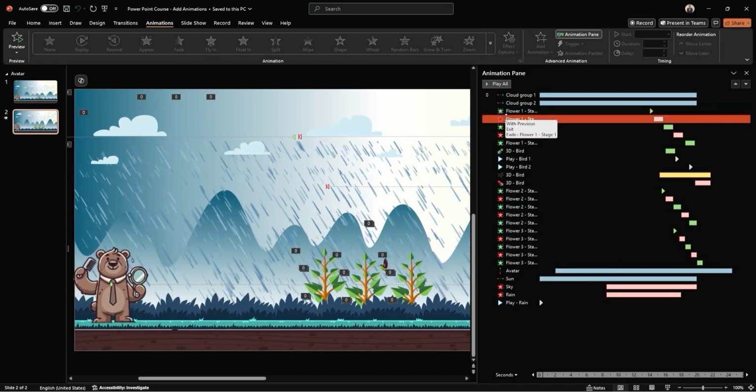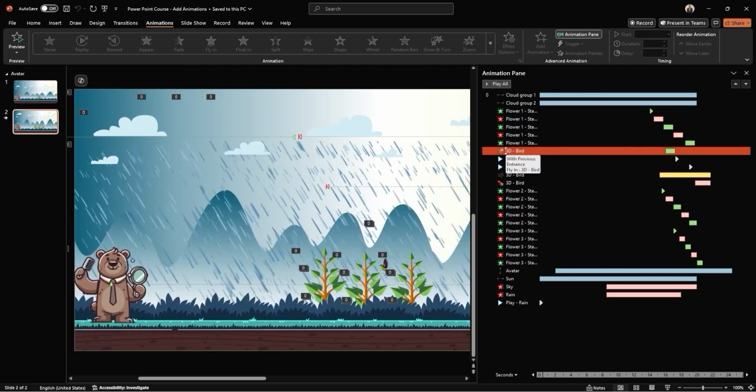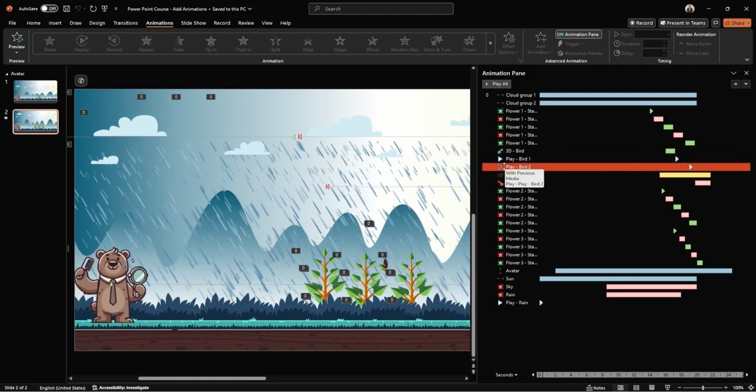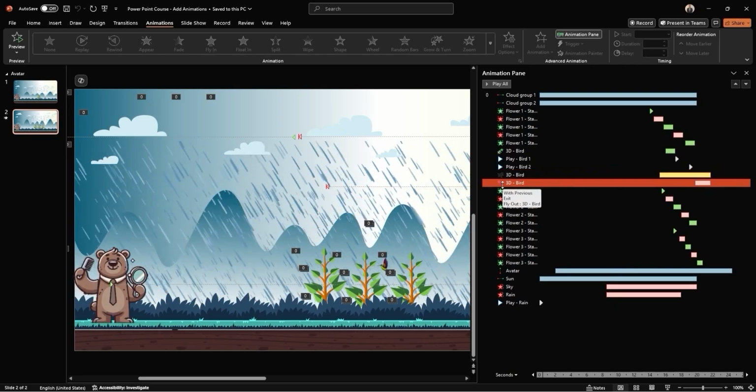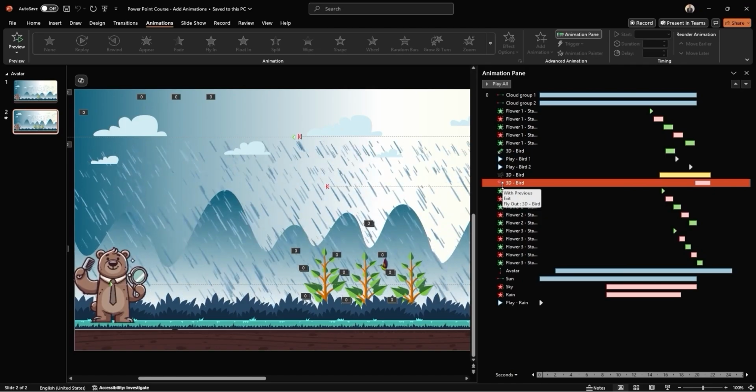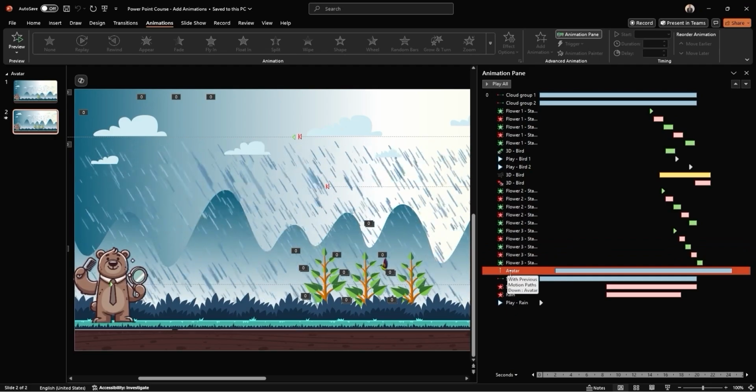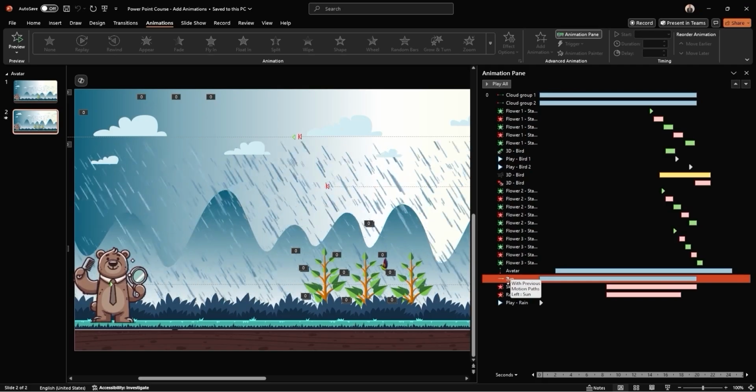First, the clouds and the sun will both use motion path animations to glide across the screen from one side to the other. These give the scene a sense of natural movement. The sky and rain GIF will both use wipe exit animations, timed so they gradually fade out as the sun begins its path across the sky. This gives the impression that the rain is clearing as the sun rises. To reinforce that, we'll add rain sound effects and sync them with the sun's movement so that the sound fades out as the sky clears.